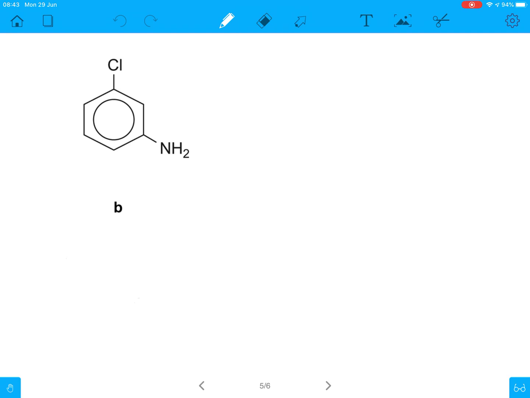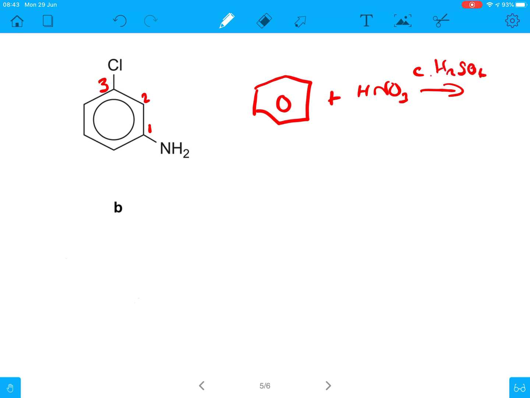Right, here we have 1, 2, 3. Or if we're going to put the nitrogen on first, we could say the nitrogen is very much carbon 1, carbon 2, carbon 3. Now the only way we get the nitrogen on in the first instance is nitration, so we're going to react this with nitric acid and conc. sulfuric, and that's going to produce nitrobenzene